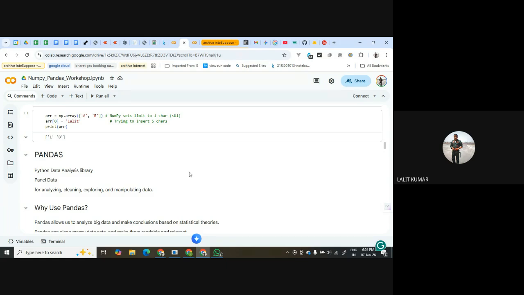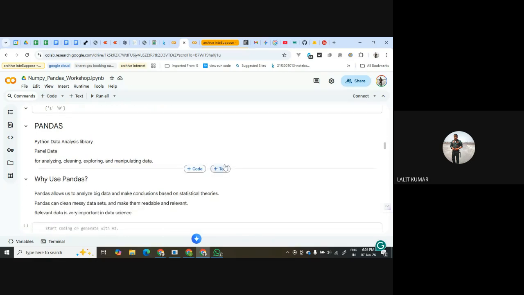I will say that you cannot do data science jobs without using Pandas. Now, many people call it the Python data analysis library, and a few people say Pandas is like panel data. So why to use Pandas?